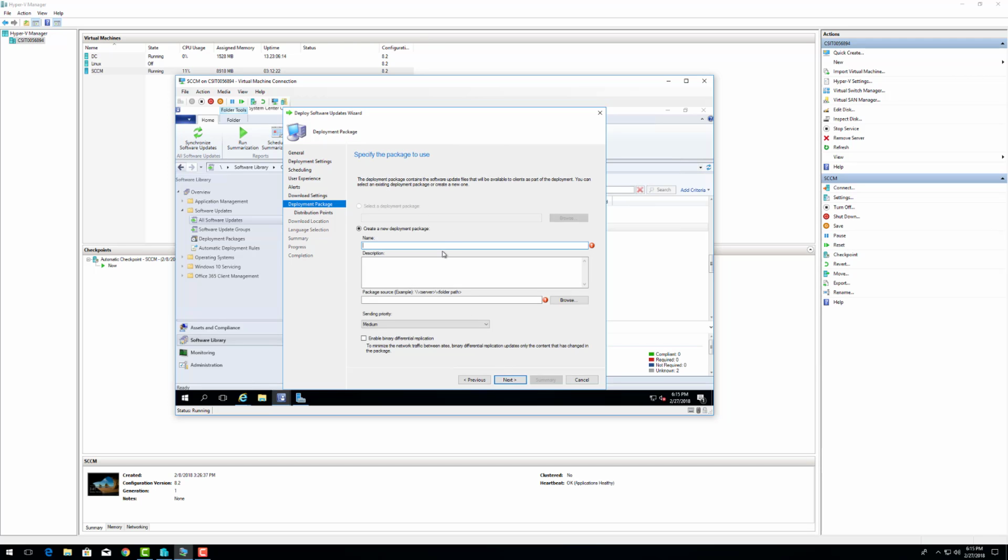Give it a name. I'm just going to call it Update 1, but normally I would use the package name. Where do we want to put that? Our SCCM server, our source files directory. Underneath that, we have